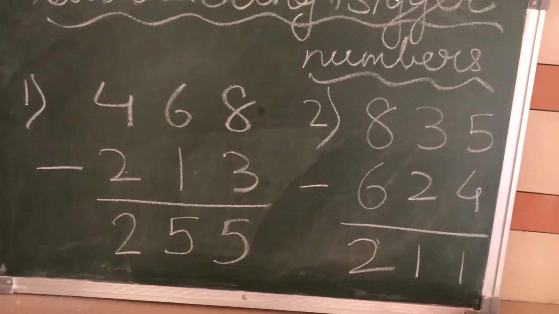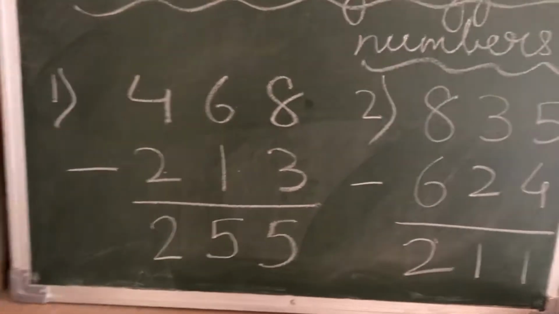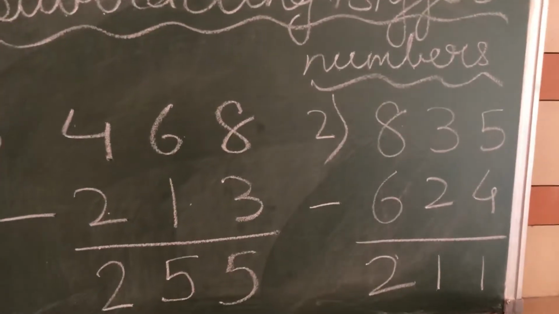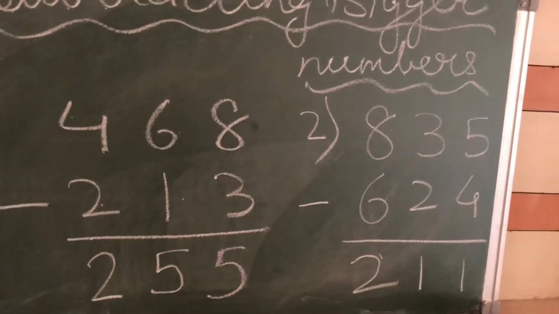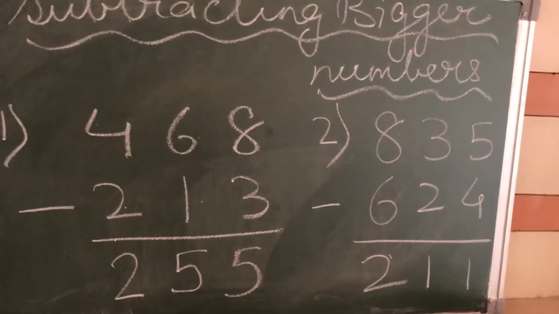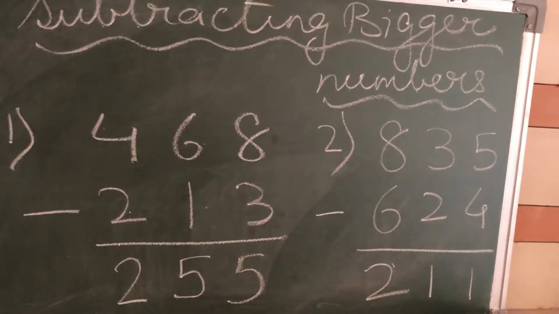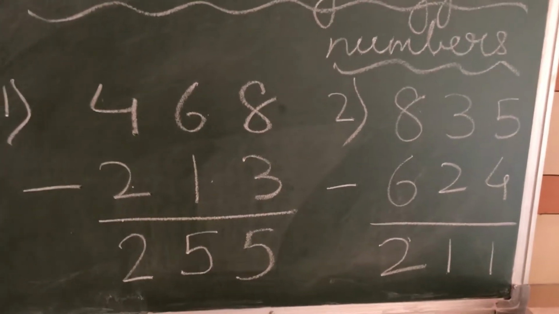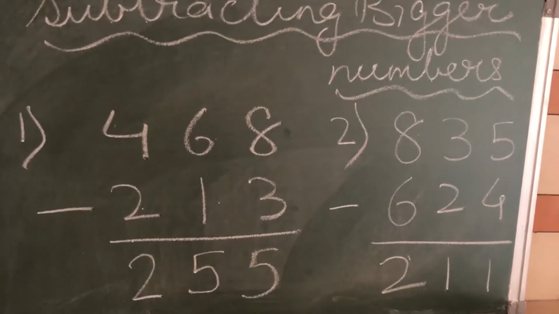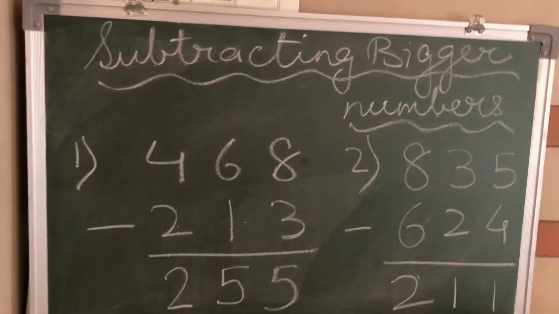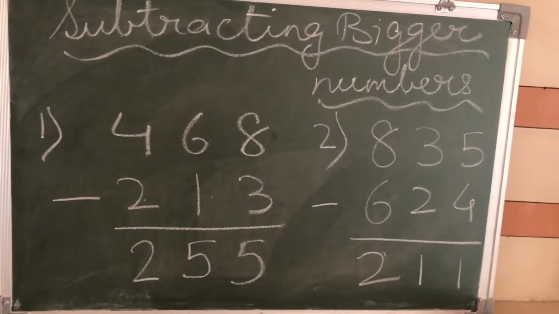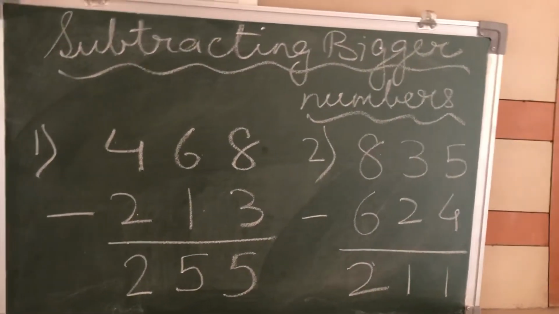Simple subtraction, only we have added one more place to it, that is the hundreds place. We have been doing the same subtraction of two numbers like tens and ones place, right? So here we will be doing it with the hundreds place. Only that much difference is there. Other things are the same. Simple subtraction you have to do.